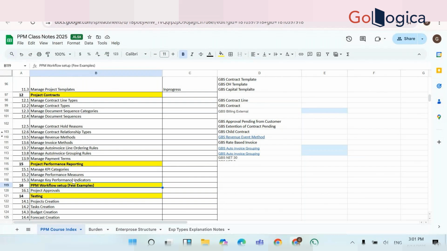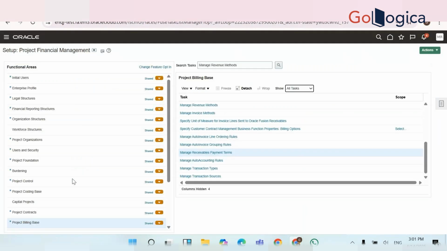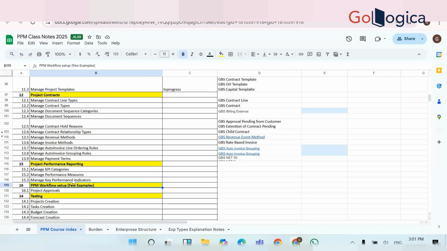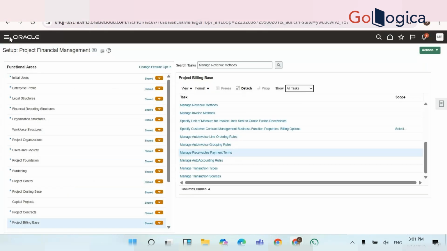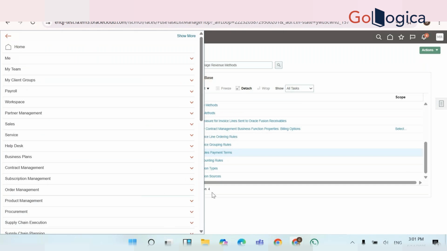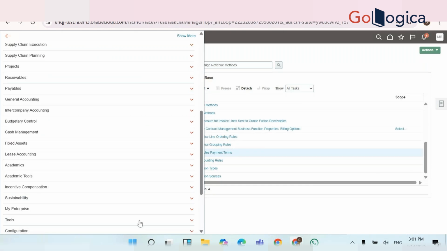There are around 1,000 plus across the system, across the modules: time card, expenses, AP, depending on each individual module or business case. They can go and set it up. For any approval workflow, we need to go to setup and maintenance, and here under tools,